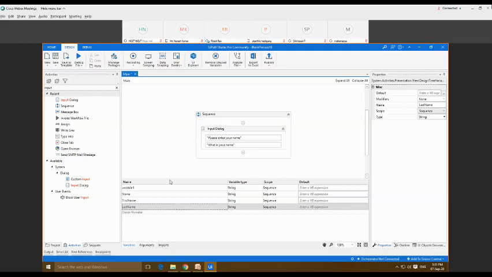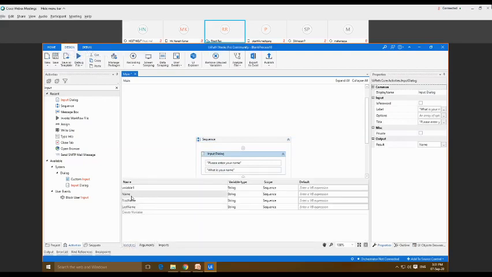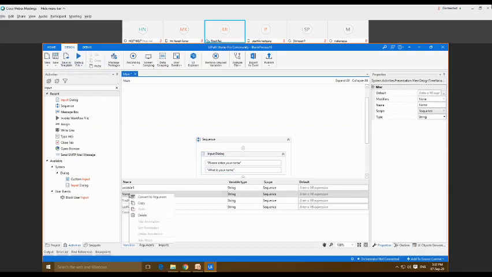So what can I do here? You can see here, this is our input dialog, and we know that we have set three different variables for this. Let me open this. You can see here, find out your name, first name. For deleting this name, I have opened the variable panel. Now I'm going to select this. After selecting, we just right click here. Once we right click, a pop-up will appear, and we can get options like convert to argument.